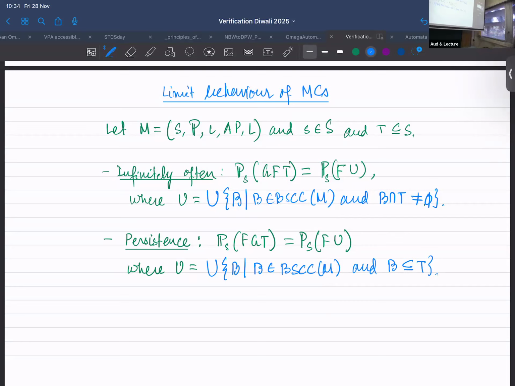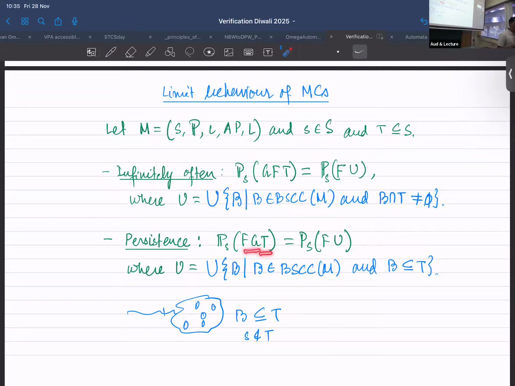Like you reach some BSCC like this, and in this BSCC, you are saying that all the states of this BSCC are also all in T. Right? Because if there is a state in the BSCC which is not in T, then you will also be visiting that infinitely often with probability 1. So you are not going to satisfy that